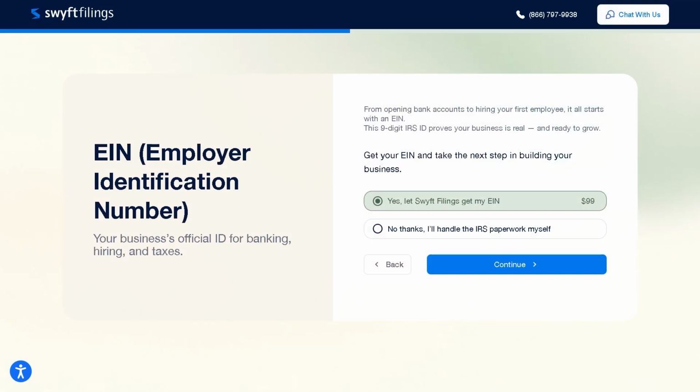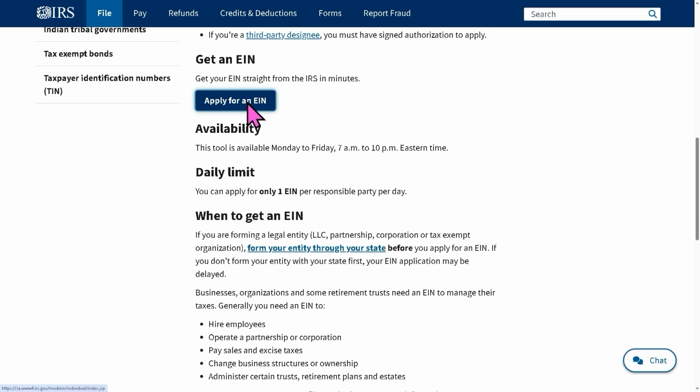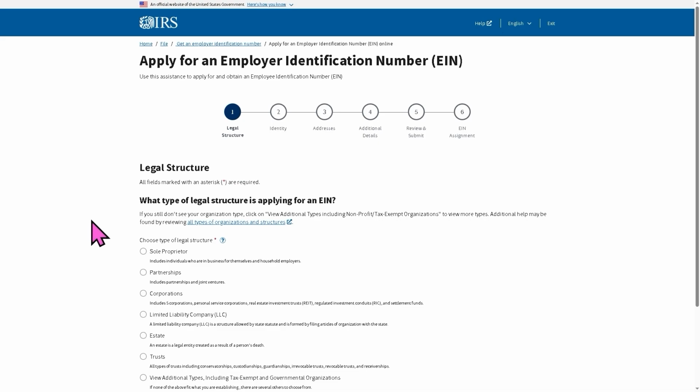Now that your company formation is almost complete, the next important step is getting your EIN, or employer identification number. Basically, it's like a social security number for your LLC. You need an EIN to open a business bank account, hire employees, file taxes, and it would just take a